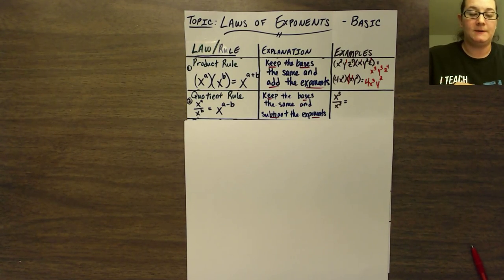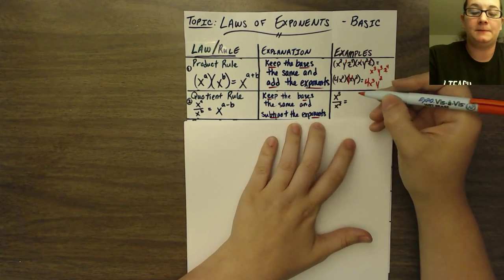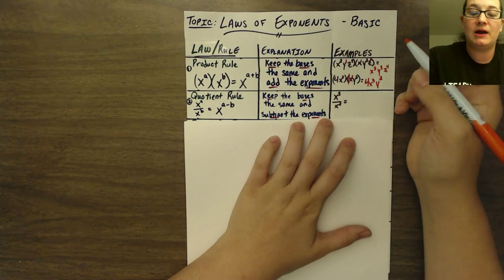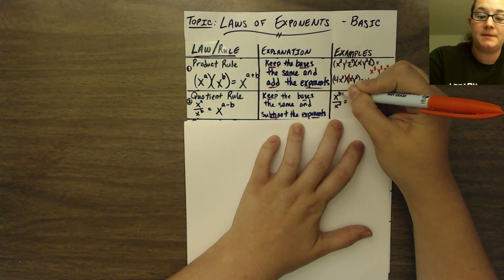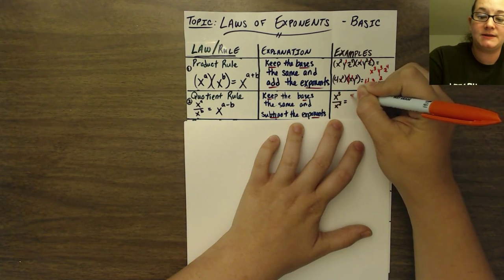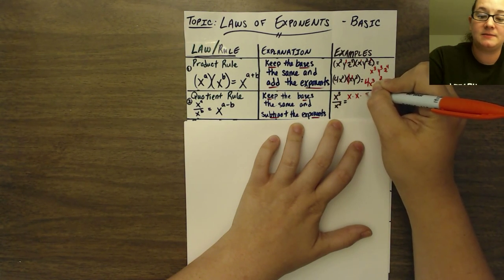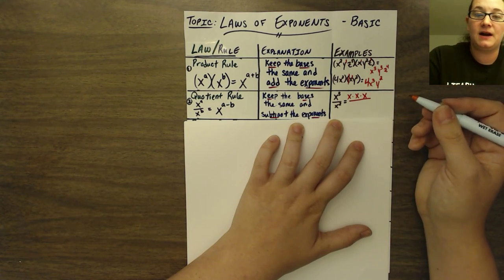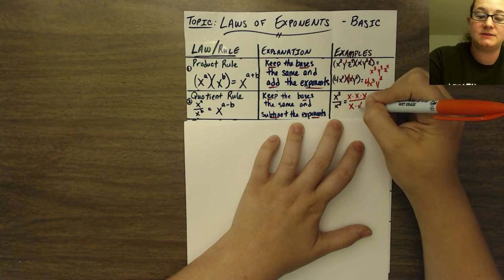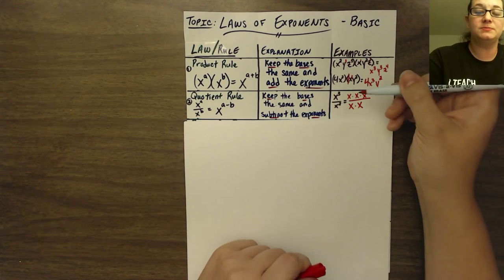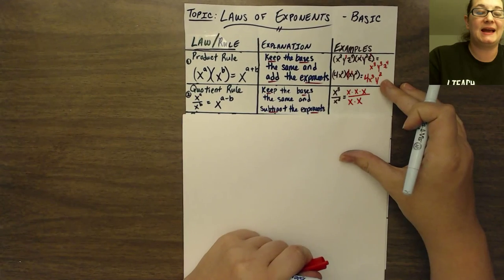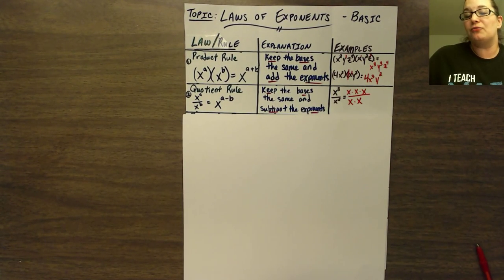So for this one, I have one example, and I want to go ahead and show this expanded. So I have x cubed. That tells me I have x times x times x, all divided by x squared, which is x times x. And the idea is, if you are multiplying and dividing by the exact same thing, you're not really changing the